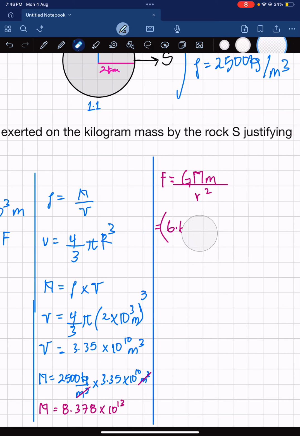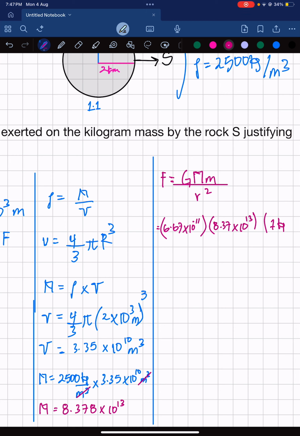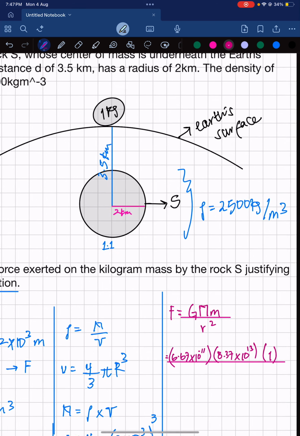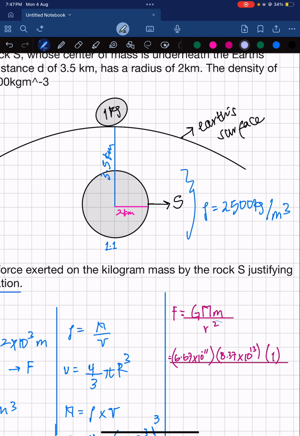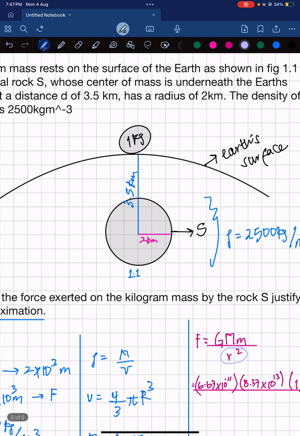Let me make my handwriting smaller. Times the mass of the spherical rock times the 1 kilogram mass. It's not necessary to write the 1 kilogram. Over the distance squared. So this one is supposed to be the distance from the center of this rock to here,